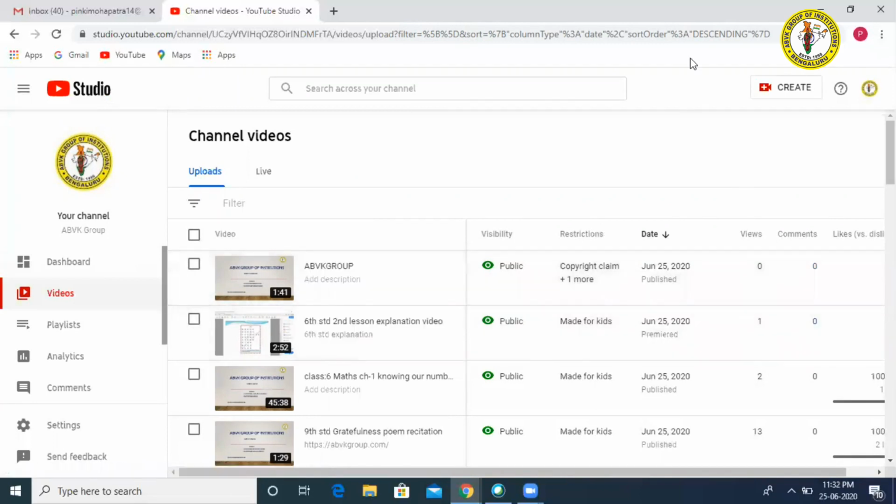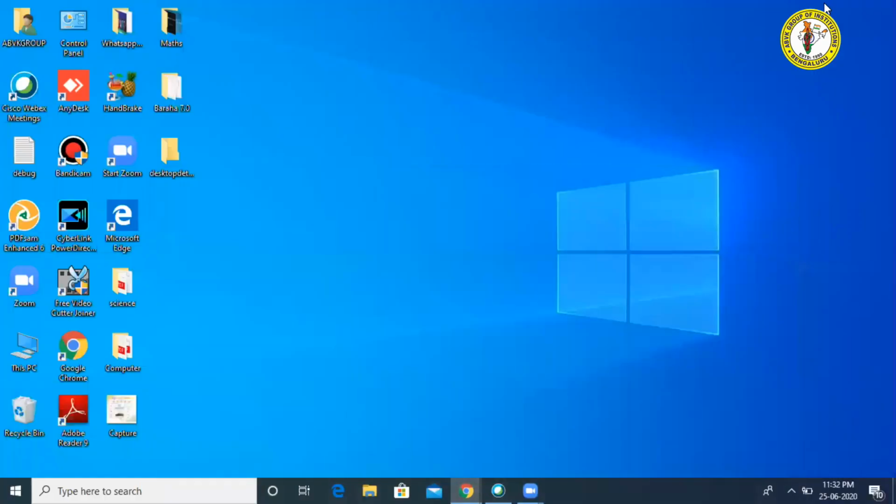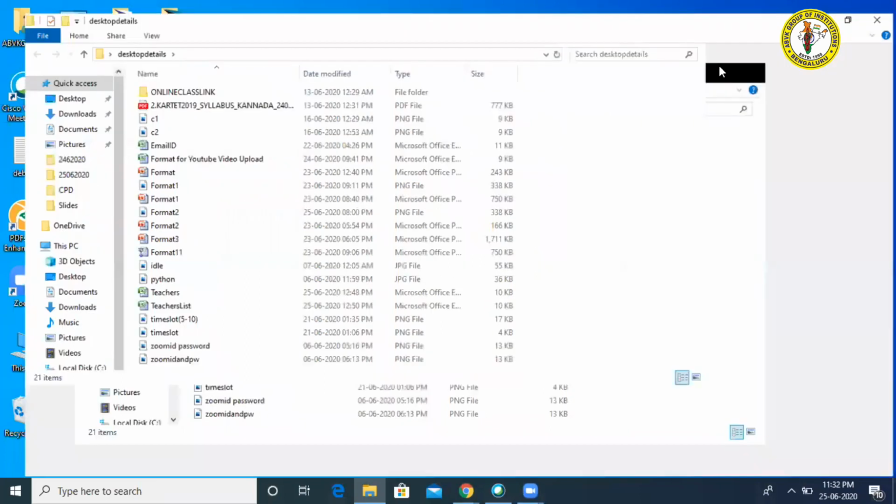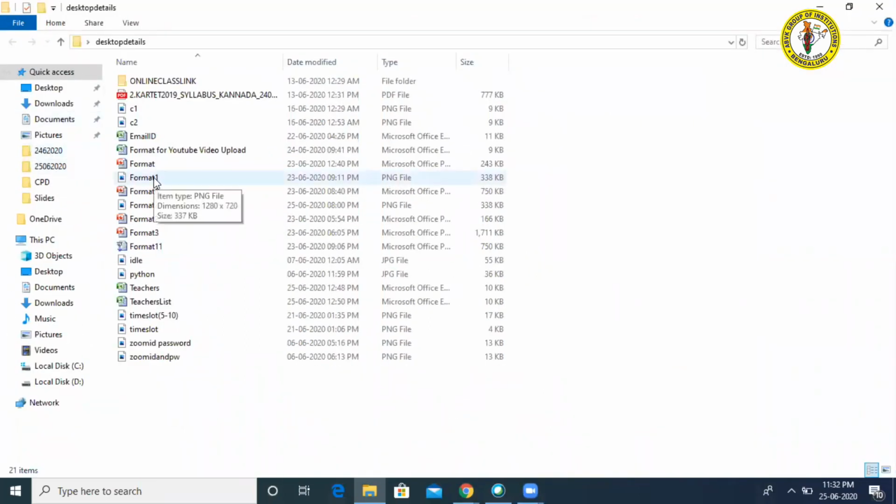For that, I am going to take you to the format, then I will explain how to convert it into an image file. Okay, I think this part is complete for everybody, no doubts. Next, we will see how to convert the PowerPoint file into an image and upload it as a thumbnail. So for that, I am going to this folder. Within this folder also, I have my PPT. I will open that PPT, then I will show you. For example, this format 1.